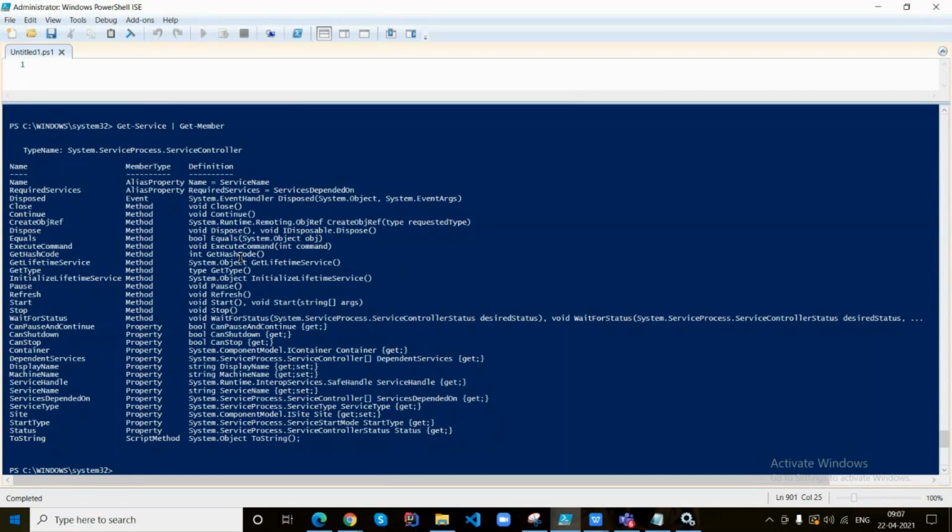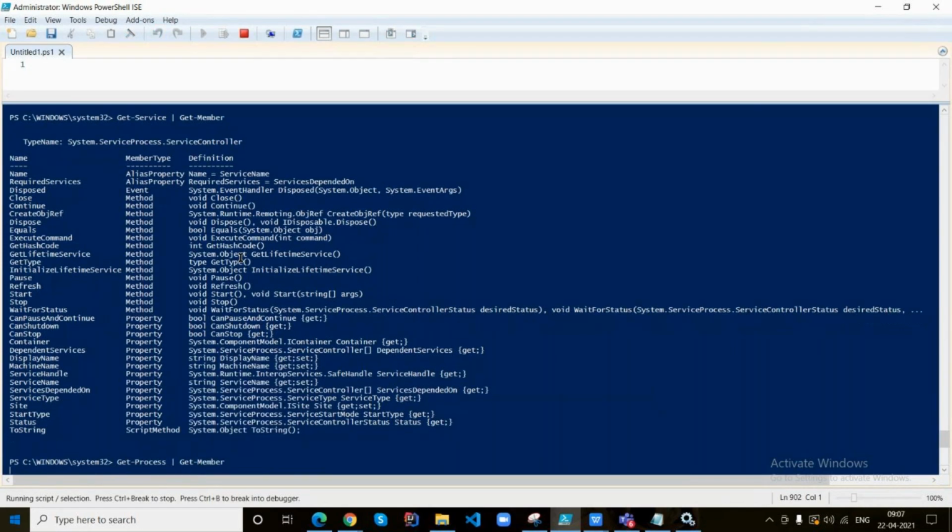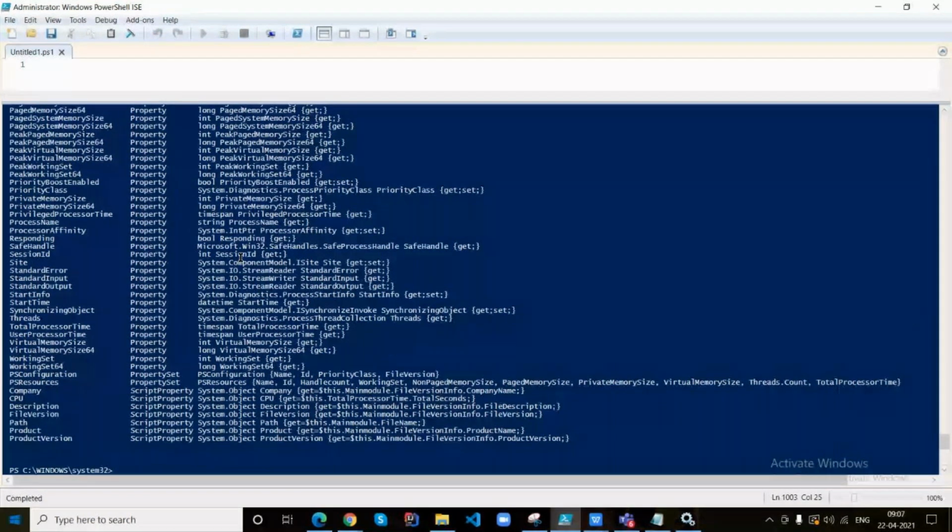Now execute, for example, Get-Process. Remove the service and use Get-Process with the same command: Get-Process, pipe symbol, Get-Member. The reason I'm doing this is to let you know that these member functions are different for each and every commandlet.